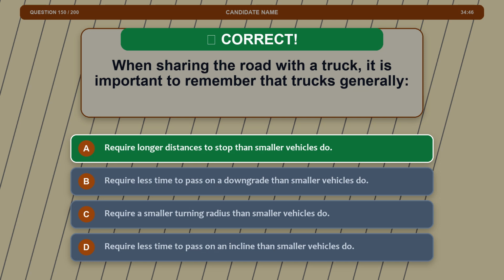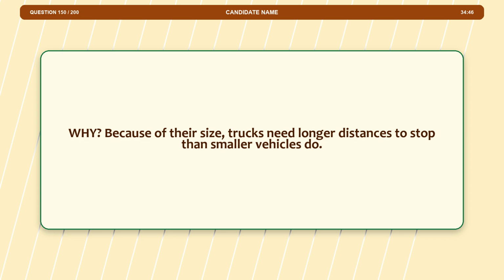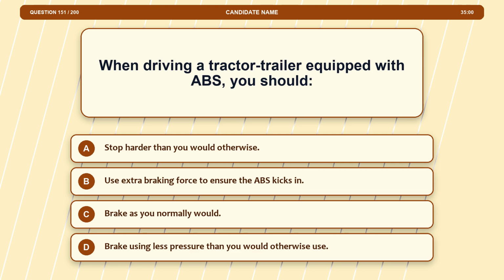The correct answer is option A, require longer distances to stop than smaller vehicles do. Explanation. Because of their size, trucks need longer distances to stop than smaller vehicles do. Question 151. When driving a tractor-trailer equipped with ABS, you should: